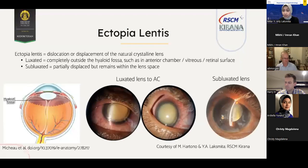We move to the next form of lens-induced glaucoma, which is ectopia lentis. Ectopia lentis is defined as a dislocation or displacement of the natural crystalline lens. It includes two terms, the luxated lens and the subluxated lens. The luxated lens means the lens is completely outside the hyaloid fossa. Here, the hyaloid fossa is the depression on the anterior surface of the vitreous body in which the lens should be located, and a luxated lens can be